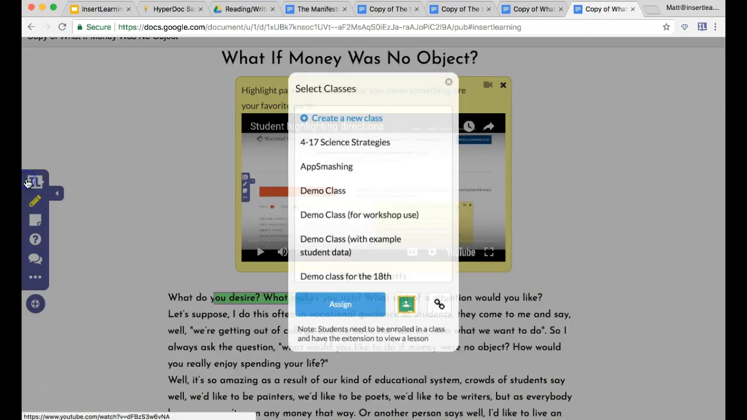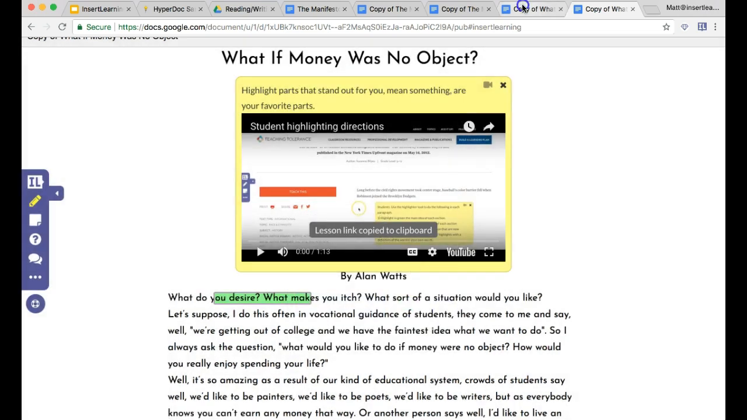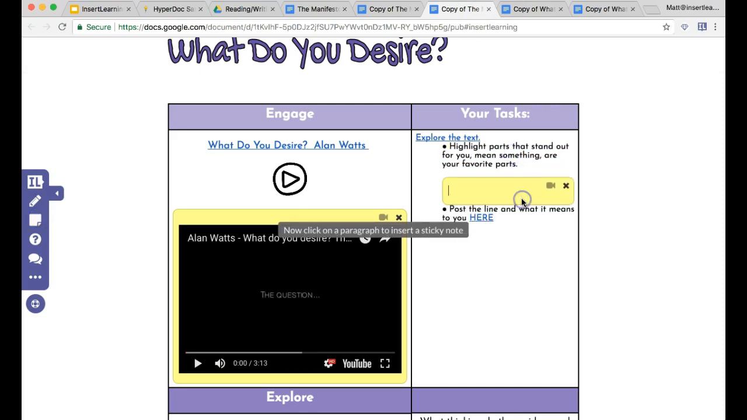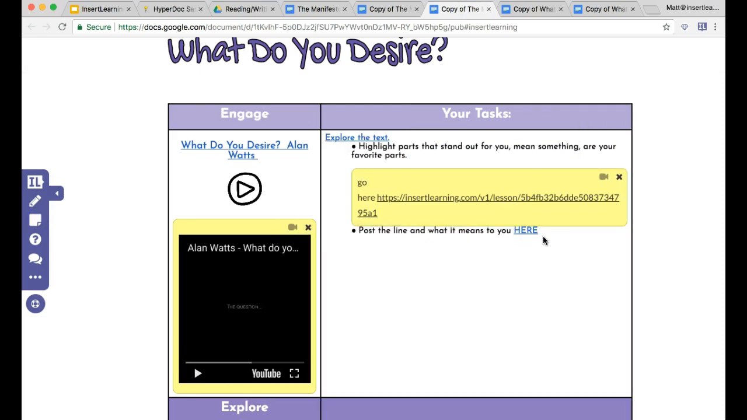So I'm going to assign this, assign it to my class. Let's say it's going to be this one. I copy my link. There we go. And jumping back over here, let's put in a little note. Go here. There we go. And then post the line and what it means to you here. And so instead for this one, what I'm going to do is,